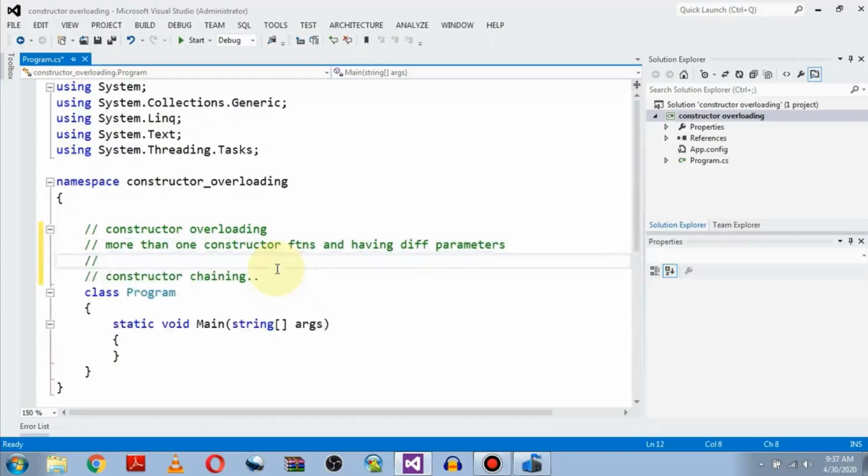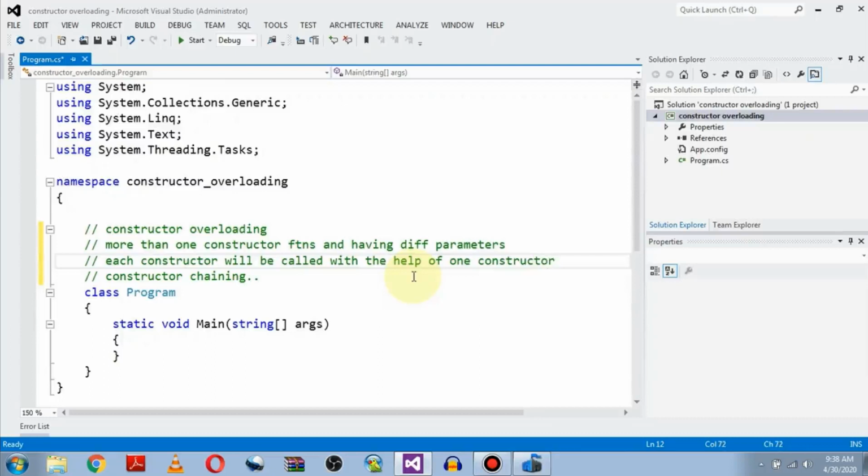Second point, each constructor will be called with the help of an object. So theoretically, we will have more than one constructor function.